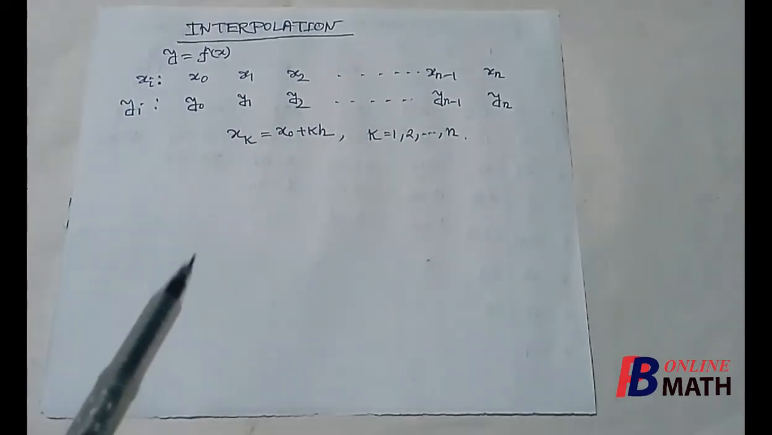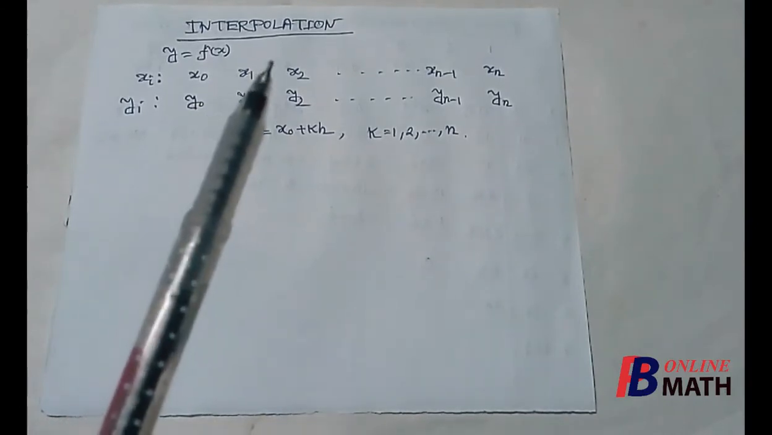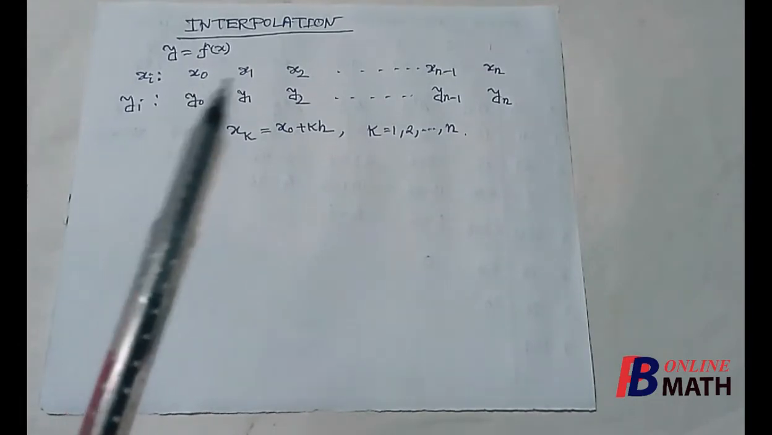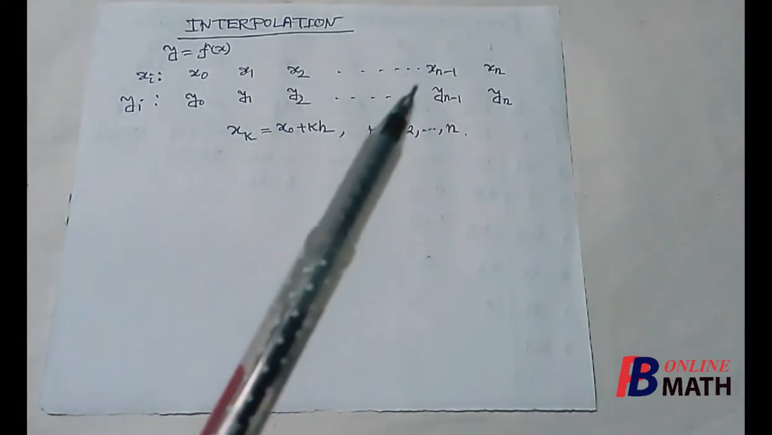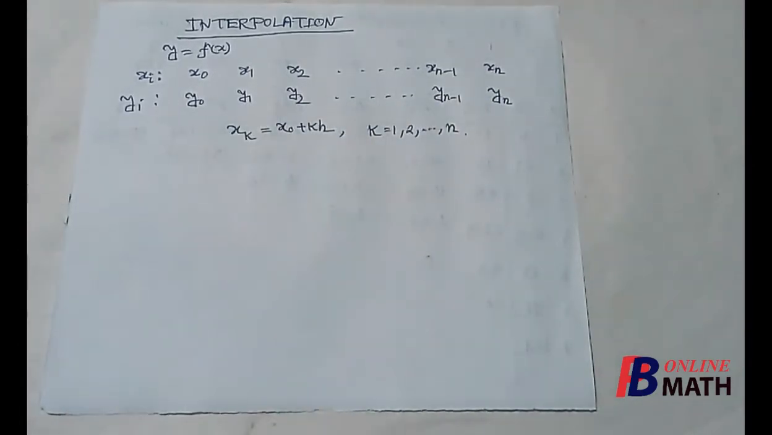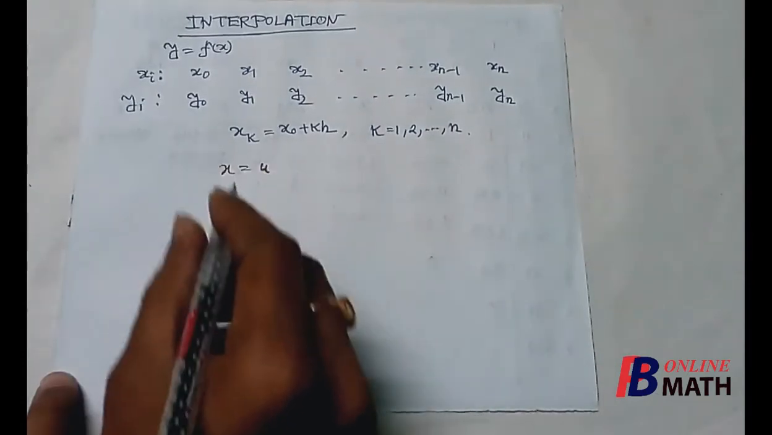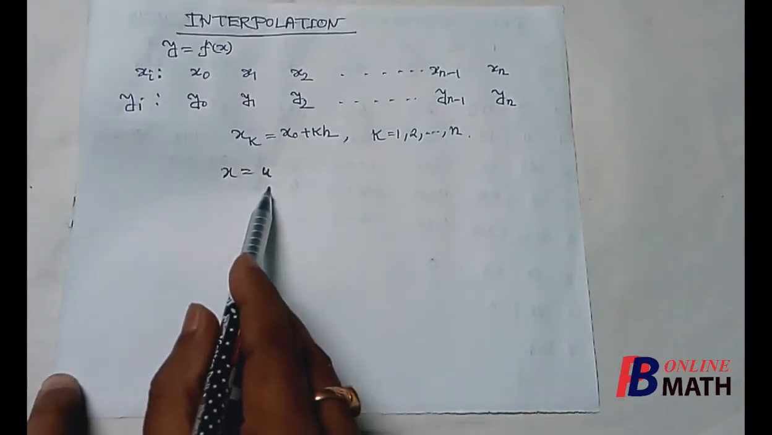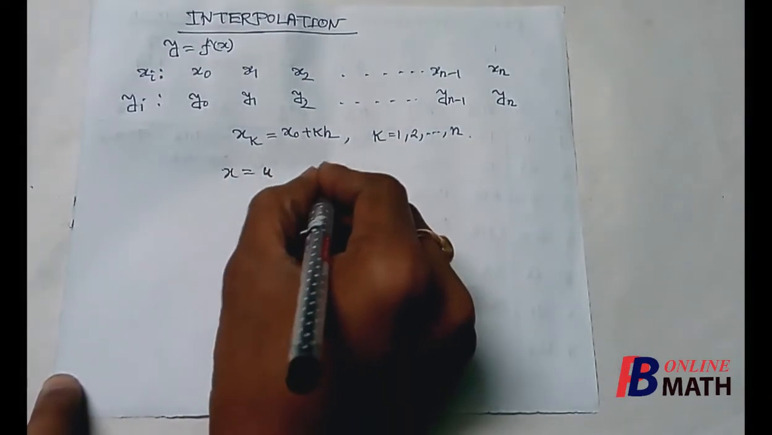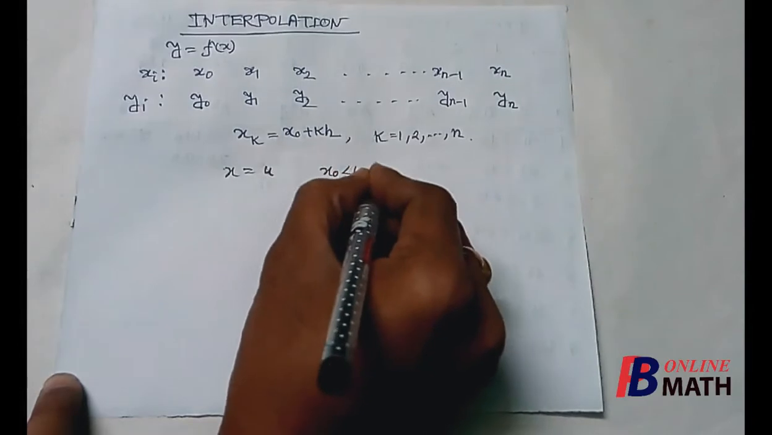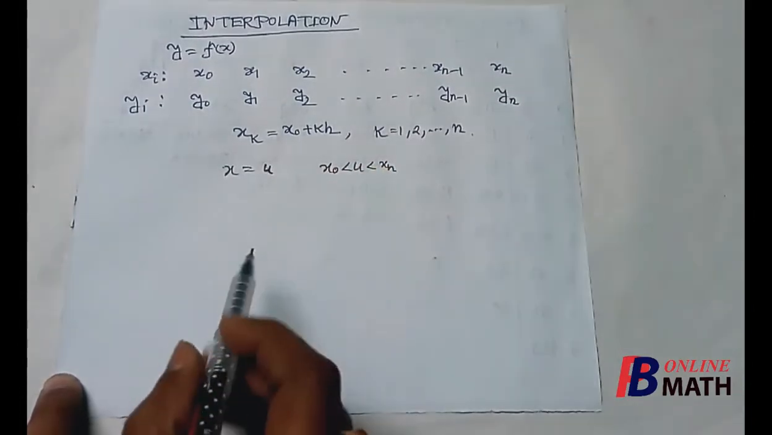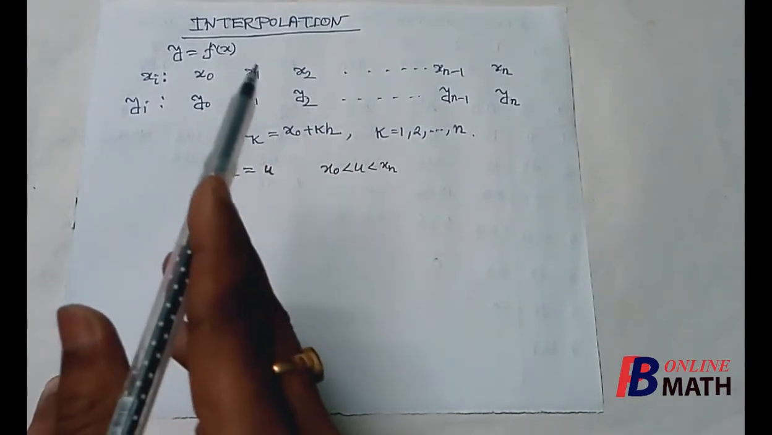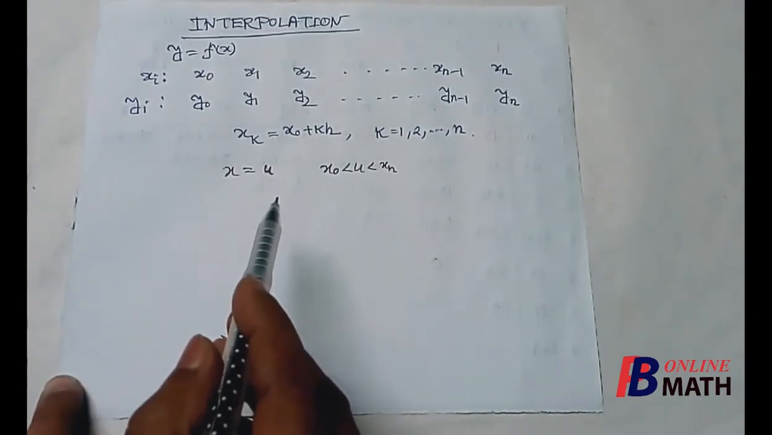Now suppose we have to find the value of this function at any other point between x0 and xn which is not equal to any of these arguments. Suppose we need to find the value of this function at the point x equal to u, where u lies between x0 and xn. Then the method by which we find the value of this function at the point u,